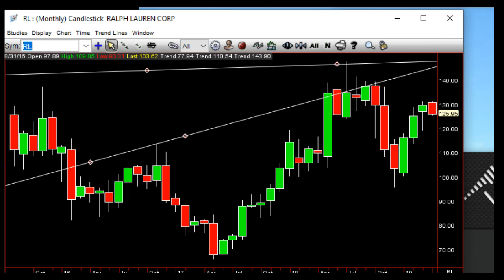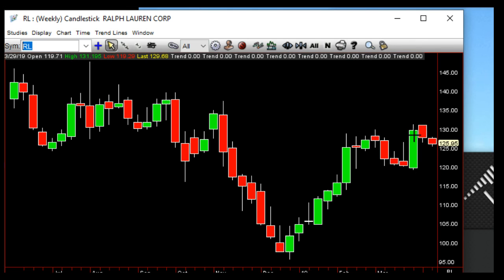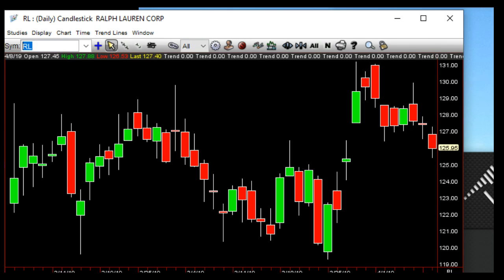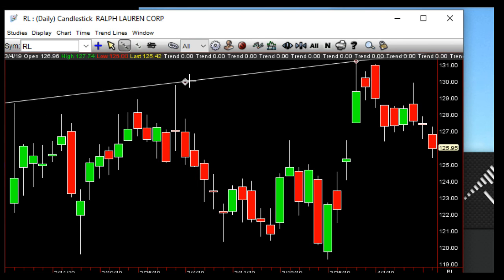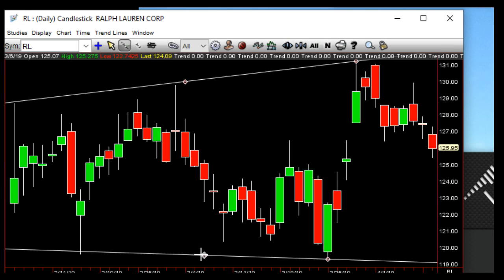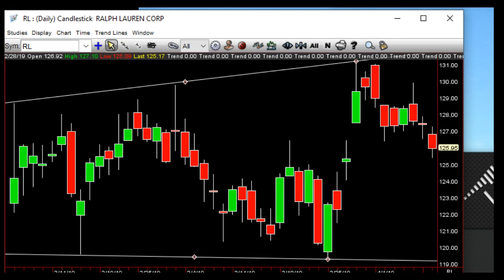RL. And RL on the month, still inside, but red. And there you go. Inside weak to the downside. So we'll see. It starts coming down through all these guys, and you can see if you're always looking at higher highs, lower lows, like that. And this might even be a lower low. There you go.